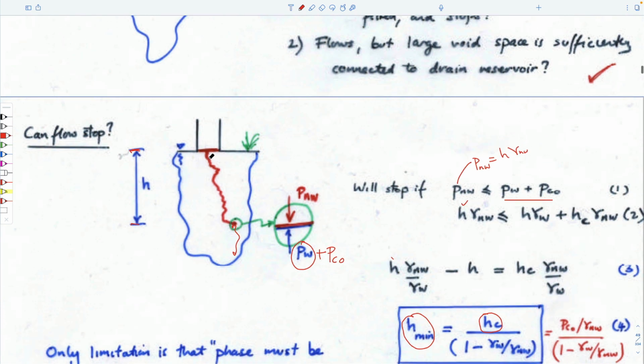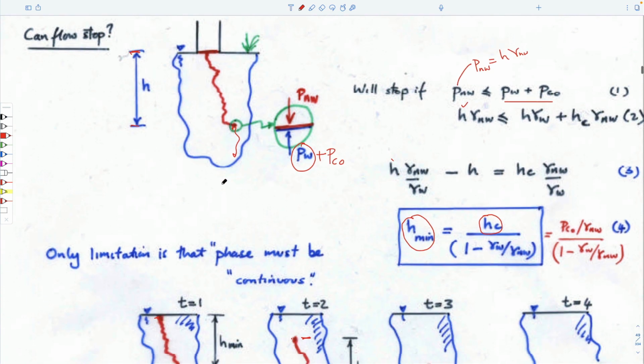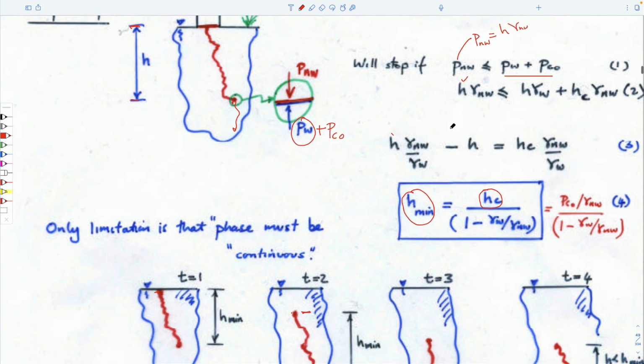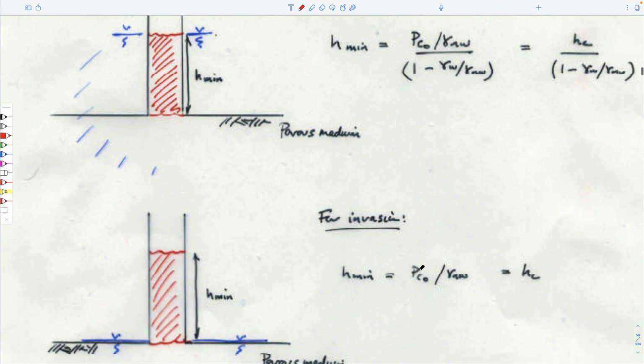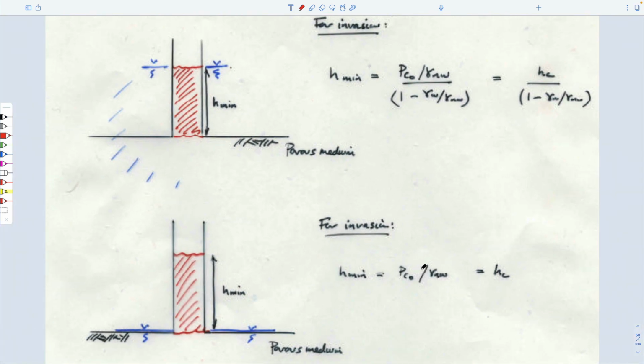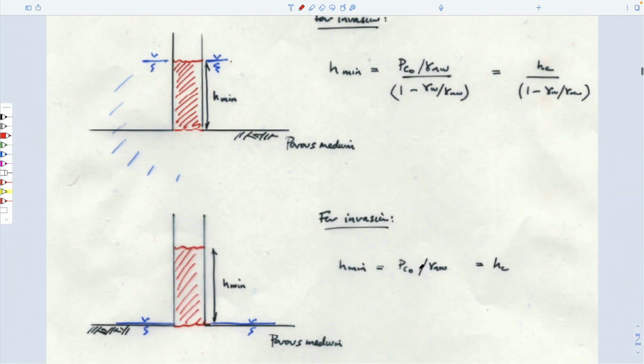And then when we dealt with this, we have a different relationship, which says that the bubbling pressure has to be overcome by some different amount, because this expression is not equal to just HC divided by 1. It has this extra term included in it, which is the ratio of the unit weights. And so the reason for this difference is, if you think about what these two different geometries would be,